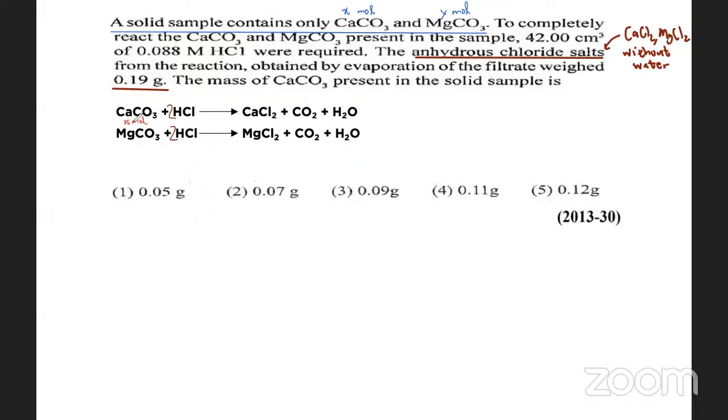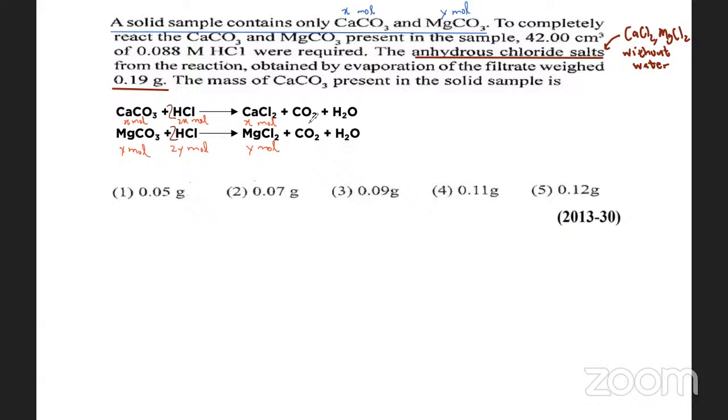It's going to react with 2x moles of HCl to produce x moles of calcium chloride. Hope you can understand what's going on here. Okay, well, because 1:2:1. Similarly, y moles of magnesium carbonate reacts with 2y moles of HCl and y moles of magnesium chloride is produced. Whenever they have given 2 compounds in a mixture, you take their number of moles as x or y or a or b or p or q, whatever the letter you like, and then you put them in the equation, and based on the stoichiometric coefficients, we decide the number of moles of other